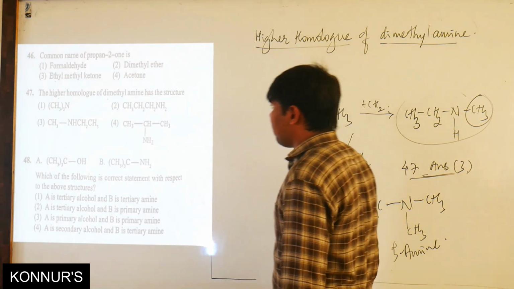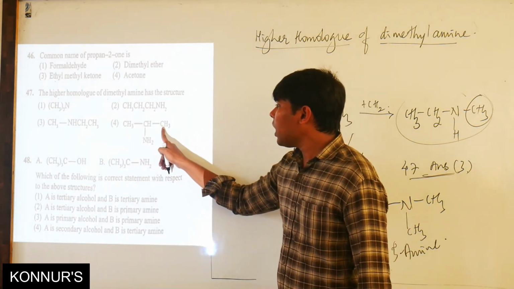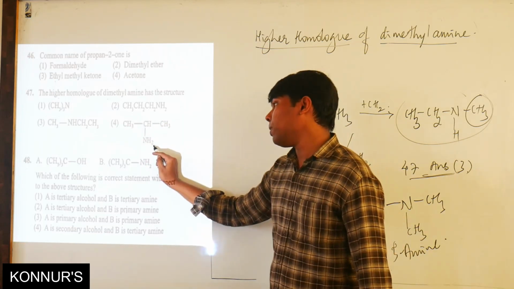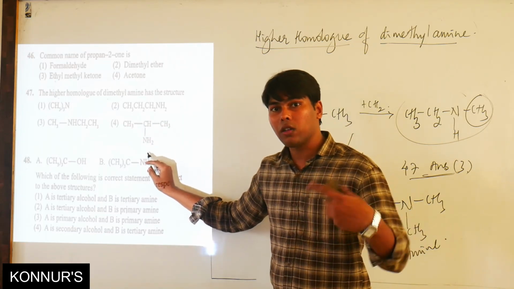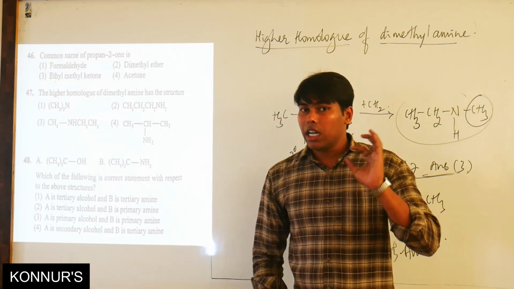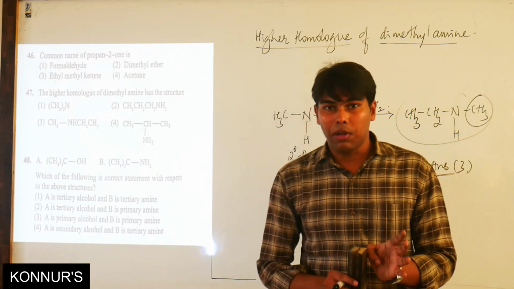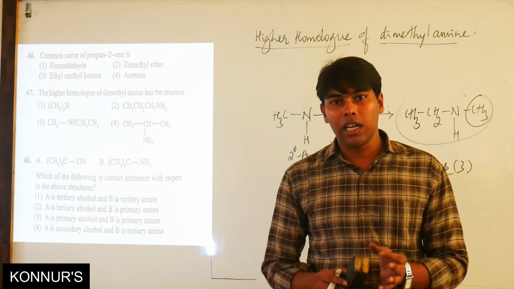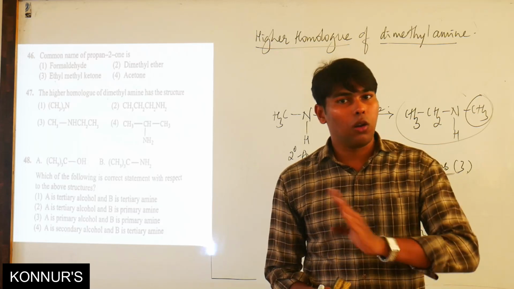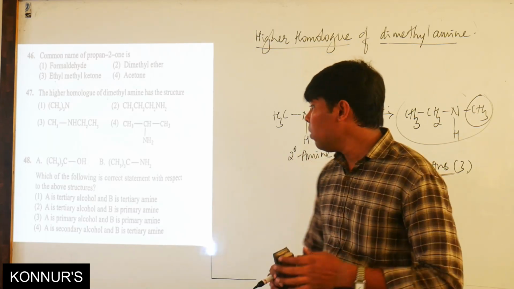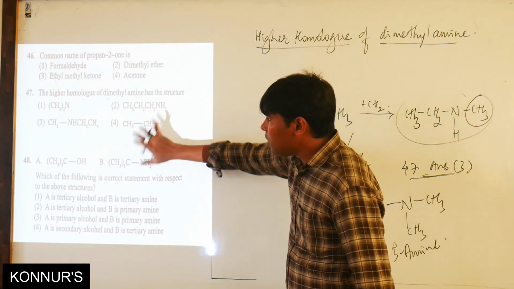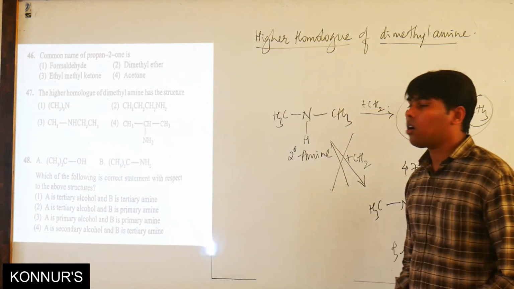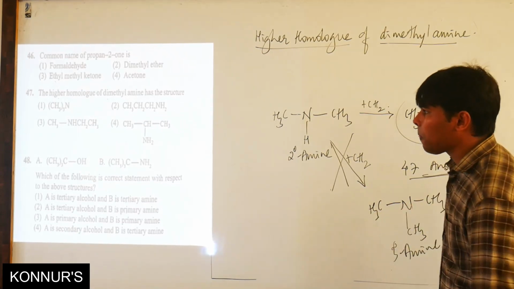Coming to this point, this is already dimethyl or propane 2 amine. This is also a primary amine where nitrogen contains 2 hydrogens and 1 alkyl. Nitrogen contains 1 alkyl, 2 hydrogens, primary amine. Nitrogen contains 1 hydrogen, 2 alkyls, that is a secondary amine. Nitrogen contains all alkyl groups, no hydrogen, that is a tertiary amine. Now NH2, primary amines, leave that; this is a tertiary amine; this is the only secondary amine. So the 47th question, the answer is the third option.